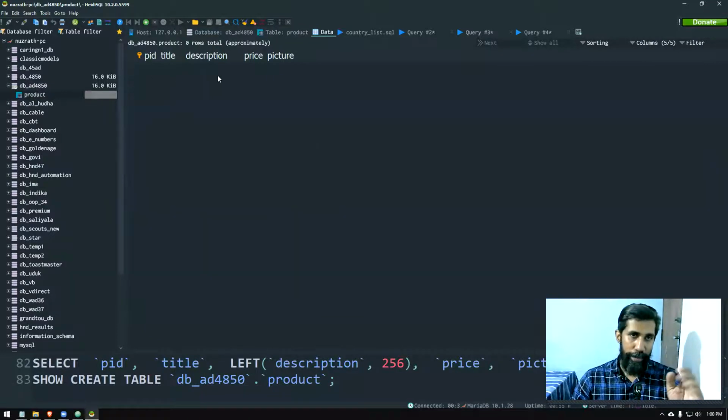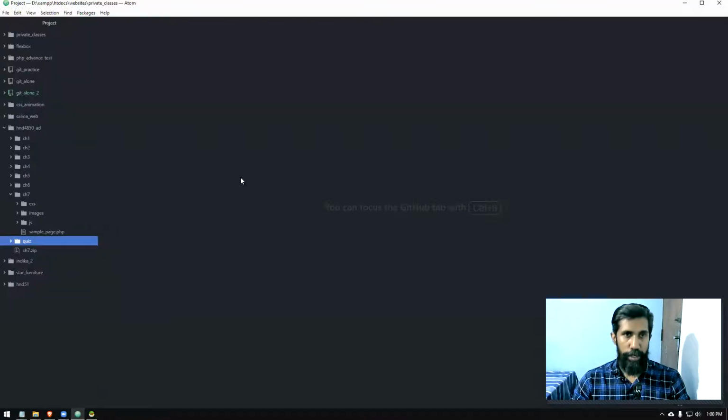I'm not going to add the record from here because last week I showed you how to do that. So directly we're going to go to our PHP application, and from there only we will be adding the records. So let this table be there. This is fine. We have done it. Step 2, that is table database has been created. Now we are moving on to the PHP section.